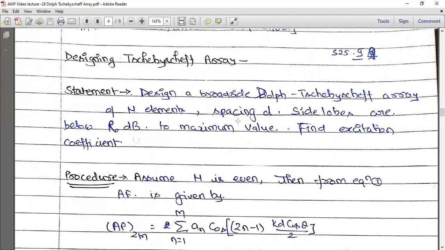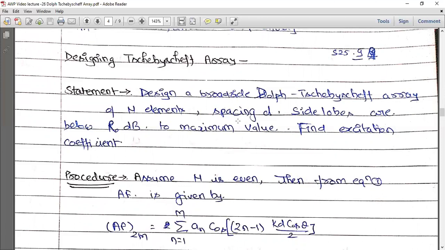You have an antenna array with n elements, and the spacing between every two consecutive elements is d. As we have already designed for an odd number of elements, the center element will have excitation 2a1. Then at a distance d, two antennas are placed which have excitation a2. Then a further distance d apart, there are two elements with excitation a3, and so on, up to finally two elements with excitation a(m+1). For the even case you already know. So your objective is to find these a1, a2, a3, a4, a5 and so on.